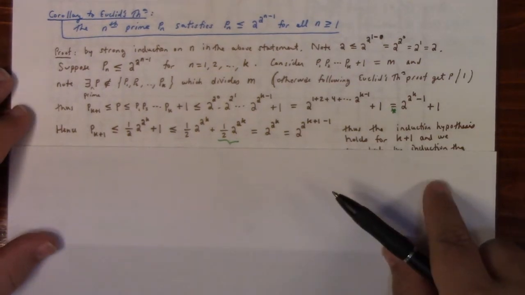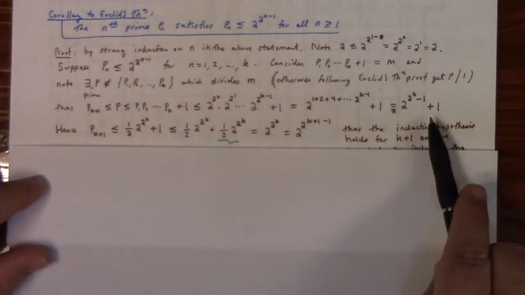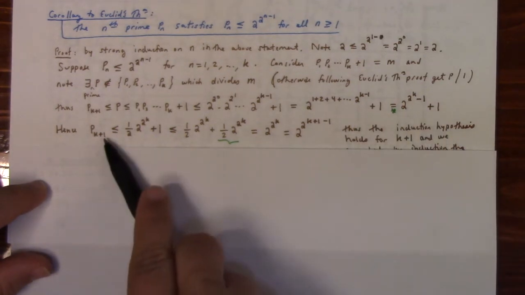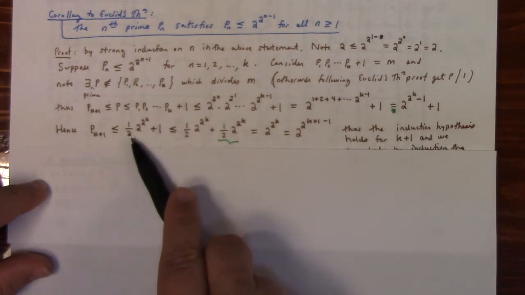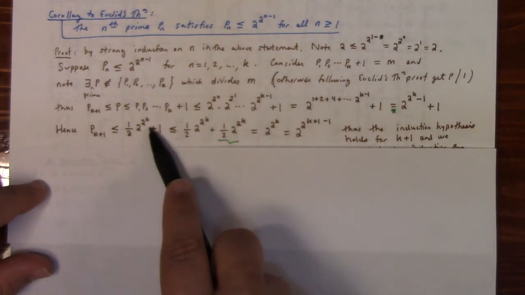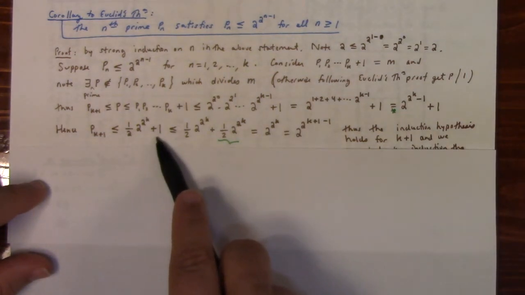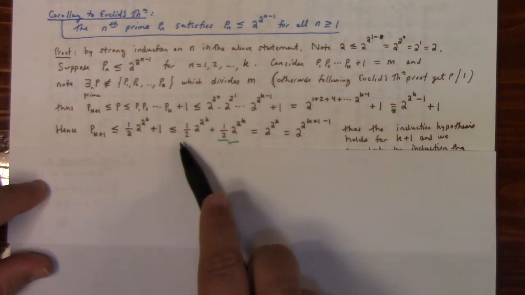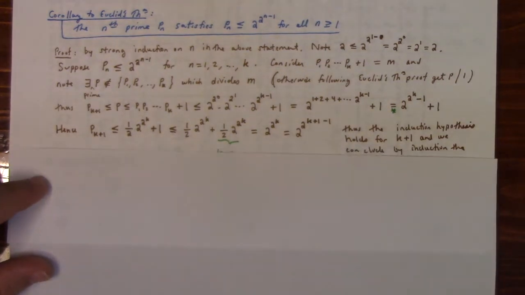Don't worry. If I was, we're not very far past. So we got to here, and rewrite over here p to the k plus 1 is less than or equal to, take that minus 1 power and turn it into a half. So 1/2 2 to the k plus 1 there. And then I take this 1 and I trade it for a 1/2 2 to the k